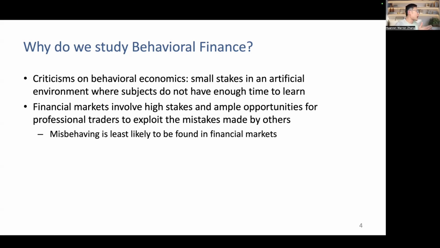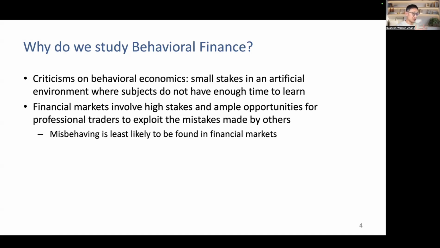First, not a lot of decisions made in real life have big stakes, and a lot of decisions we make in our lives, we do not make repeatedly. We only make the decisions once or twice. For example, purchasing a house. That's a decision you only make maybe once or twice in your lifetime, and you do not have enough experience to learn from. But let's just assume those criticisms are valid.